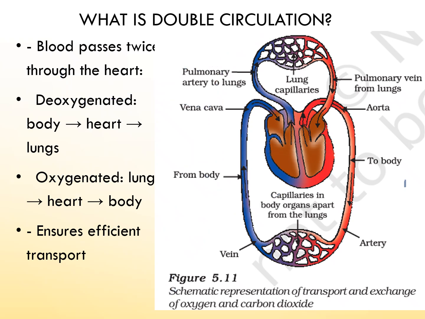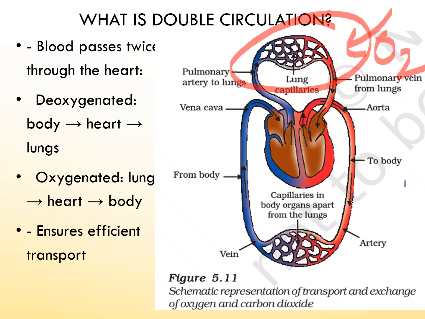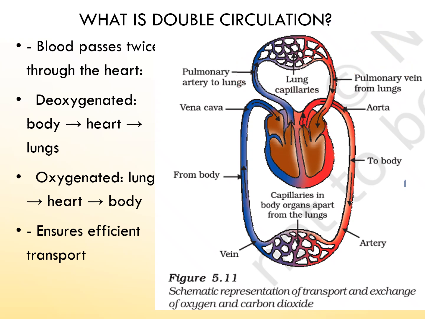Now moving ahead. So here the blood purification will happen. This is the lungs, where we have alveoli, which we have seen in case of respiration also. The end terminal parts of lungs are the alveoli where the exchange of gases takes place. That is, oxygen will be loaded into the blood and carbon dioxide will be unloaded to be exhaled out. So when blood is loaded with oxygen, the blood becomes oxygenated. Now this oxygenated blood will travel into the left atrium